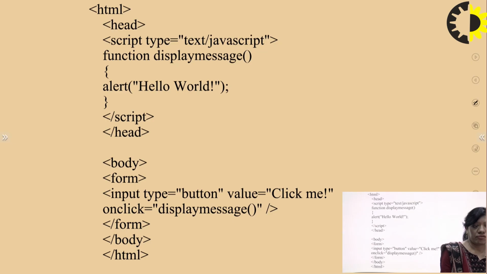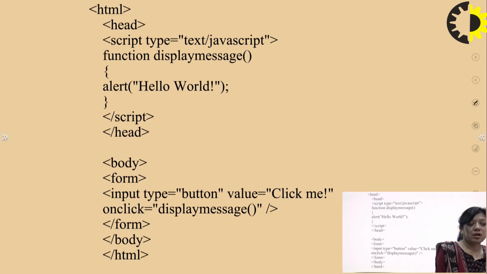Now I want my message to show after I click a button. For this I have to use the input type, name and value. The value would be click, because when I press the button the message should be displayed. For this I have to use the form tag.